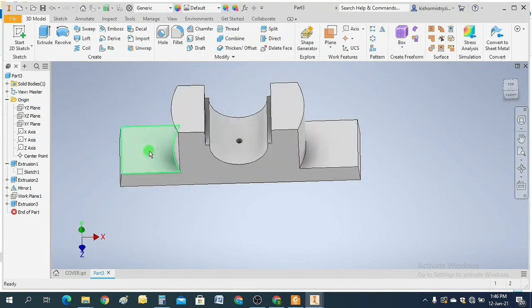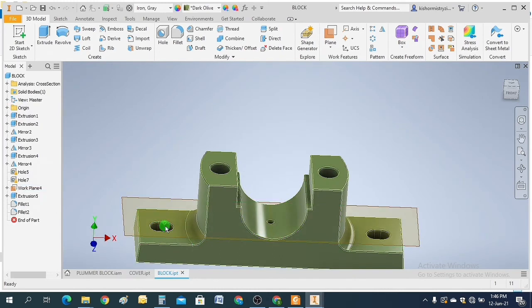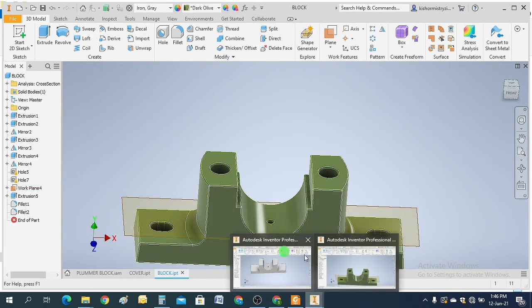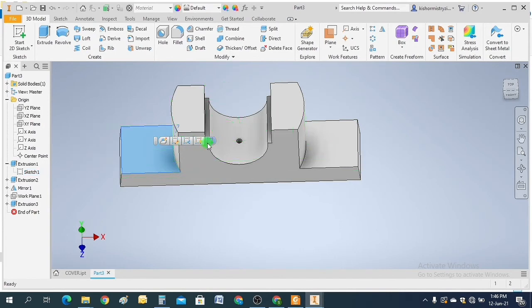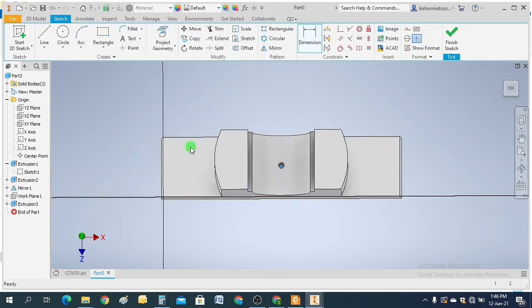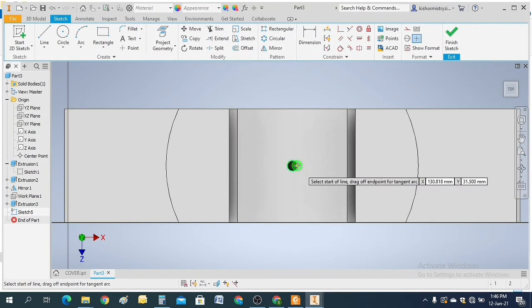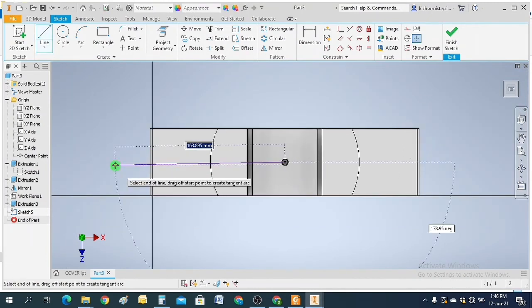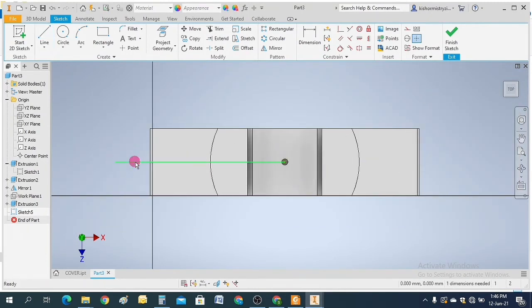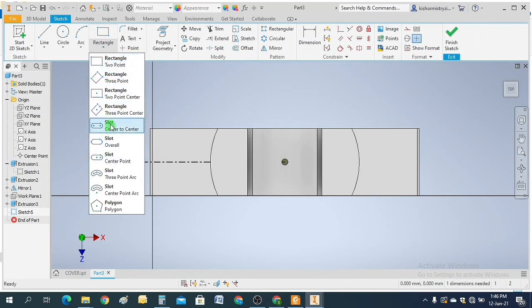Now again I want to create two elliptical holes in this plane. Create sketch, draw a center line, make it a center line. Now go to rectangle and see there are various types of rectangles.